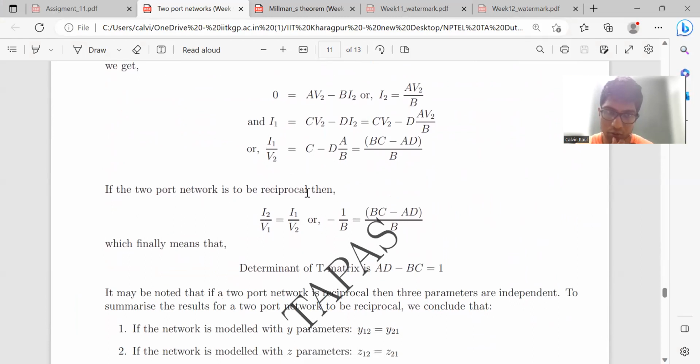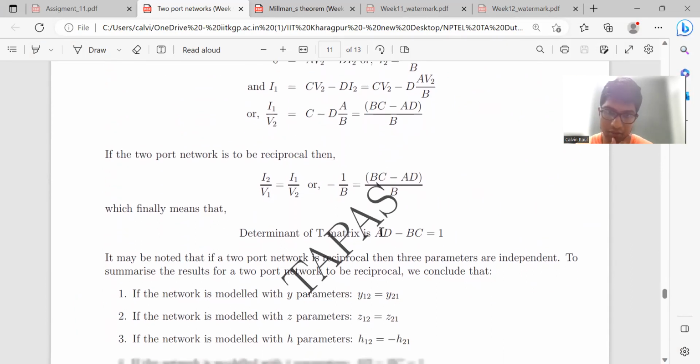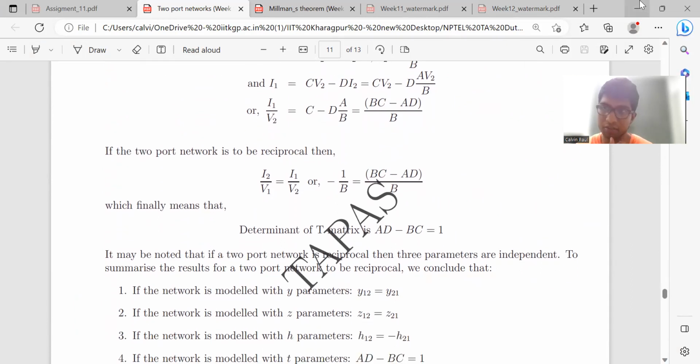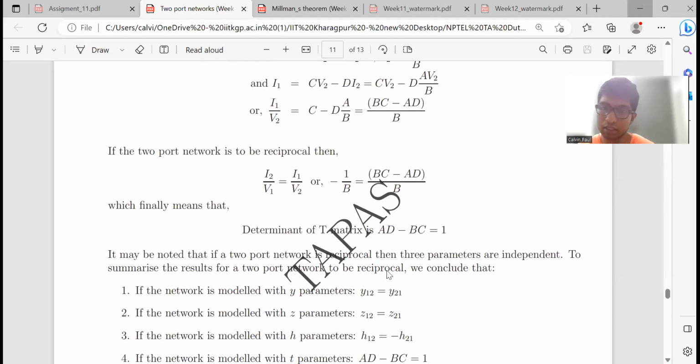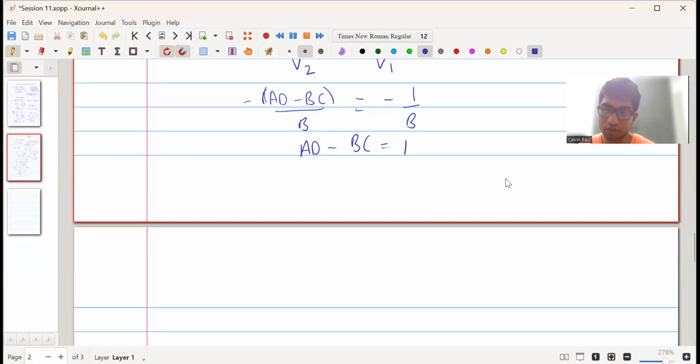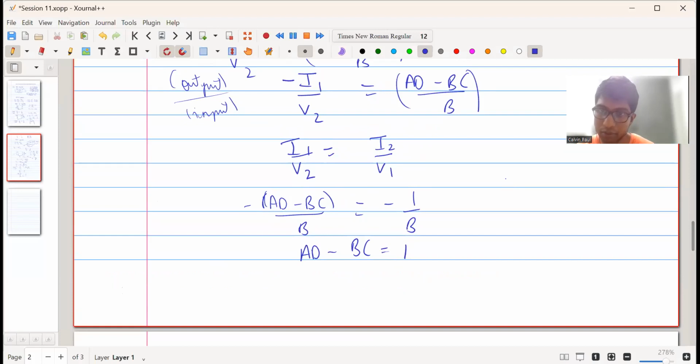Thus if the two-port network is to be reciprocal, then I2 upon V1 is equal to I1 upon V2. So minus 1 upon B should be equal to BC minus AD upon B. So we have also got that this is AD minus BC. Now if we consider the determinant of the two-port network, or just represent it in terms of ABCD parameters,